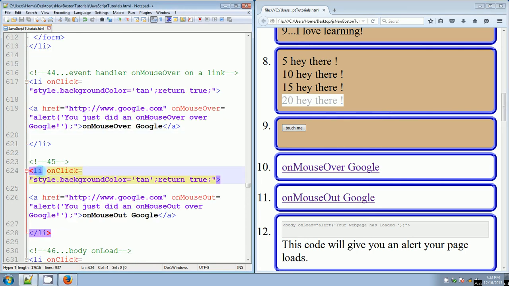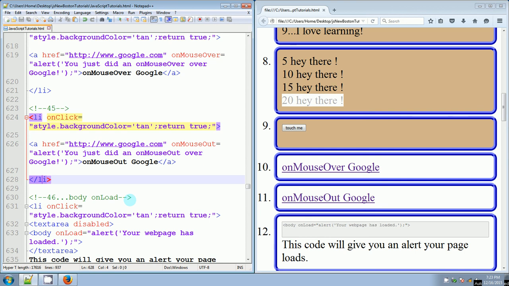There's the list item. Here's the link. Here's the on mouse out event. It's set equal to an alert. You just did an on mouse out over Google. And the text for that link is on mouse out Google, and there's the end of the link tag and the end of the list item. All right, the 46th thing that we've got going on here is